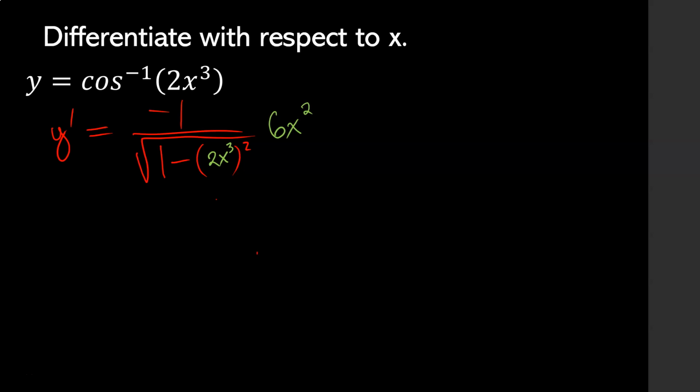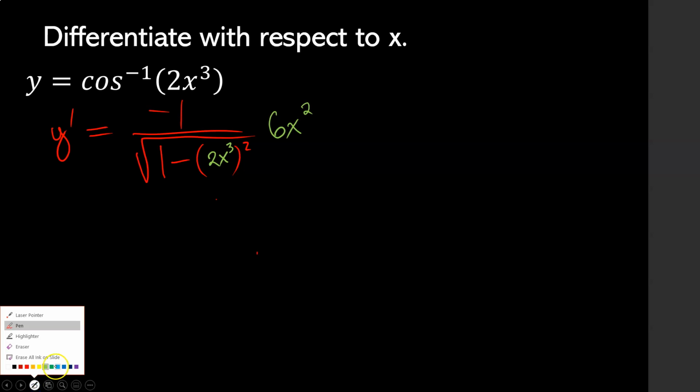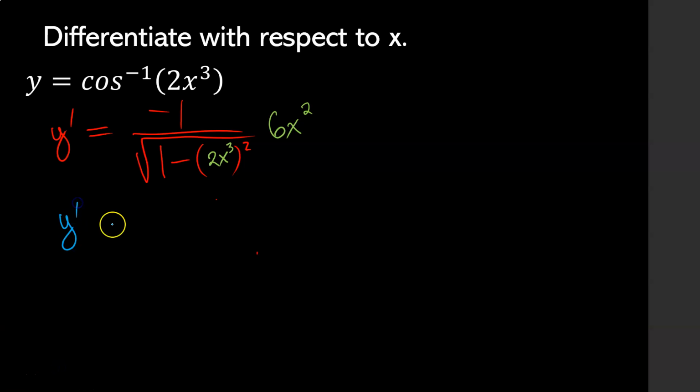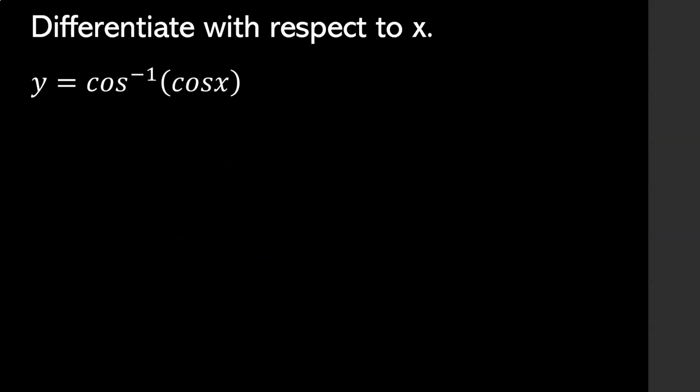I guess I could rearrange. I don't have to, but I might as well. So that derivative is going to be, bring that negative 6x squared into the numerator. The square root of 1 minus 2 squared is 4, and x cubed squared is x to the power 6. So very similar